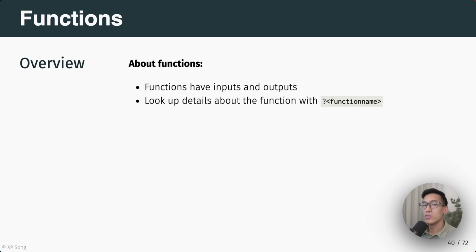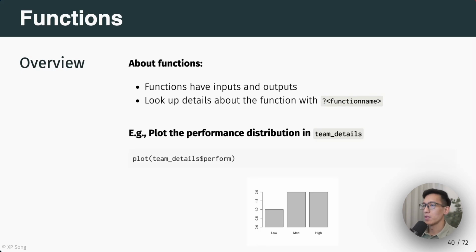There are a huge variety of functions across multiple software packages in the R ecosystem. So if you have installed a particular package and you are interested in a function and want to find out more, you can look up details about it by adding a question mark before the function name and entering it in the console. For example, we have plotting functions. Recall that right at the beginning of this course, this was the very first function we used to plot a